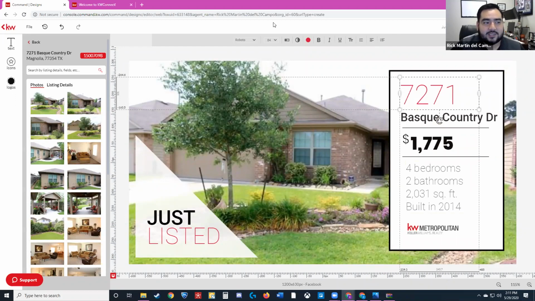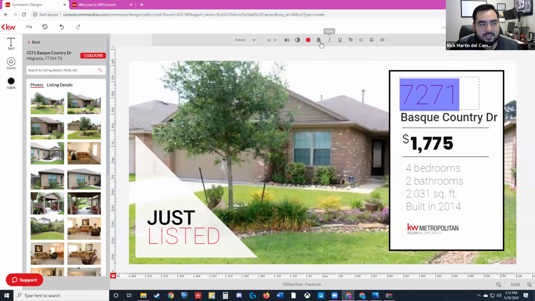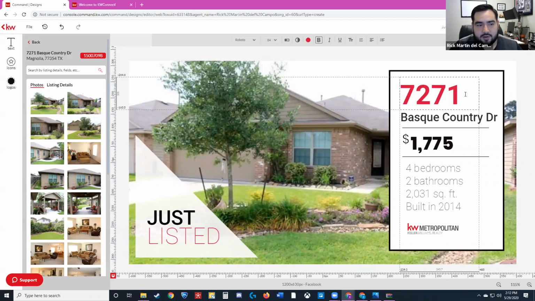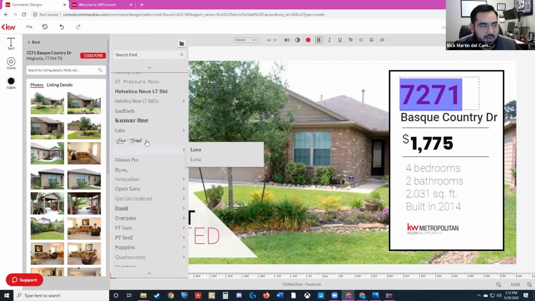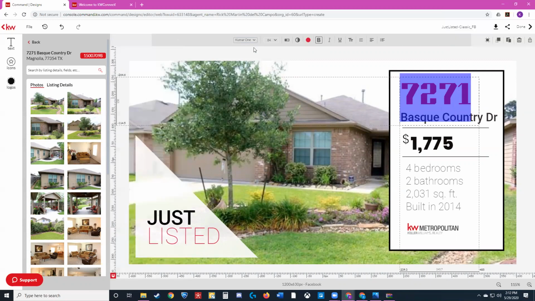When you click on a text, you do see the typical properties of the text that you can change. Like on the 7271, if I highlight it, I can select bold, and if you notice, it makes it bold just like it would in Word. If I highlight it, you can also change the font. At the top left, where I have the font selected, you can see that it says Roboto. Once I click on it, it'll give me different options, so I can change to a different font. Okay. Right.